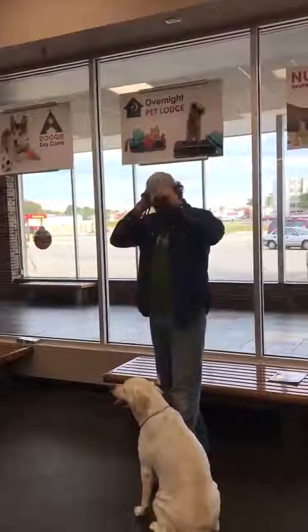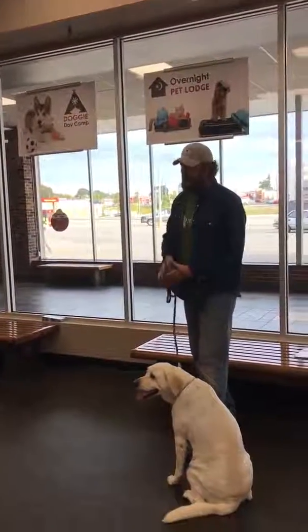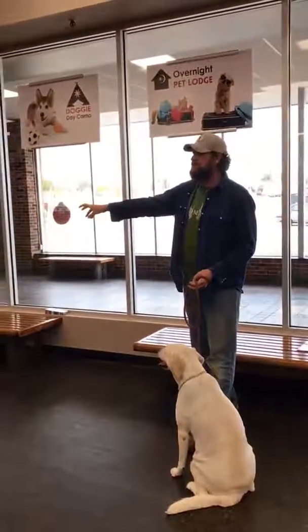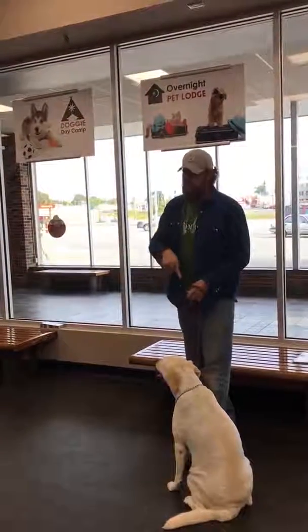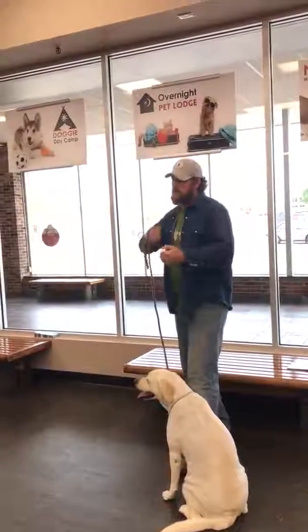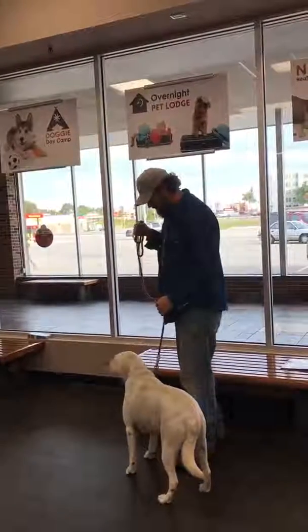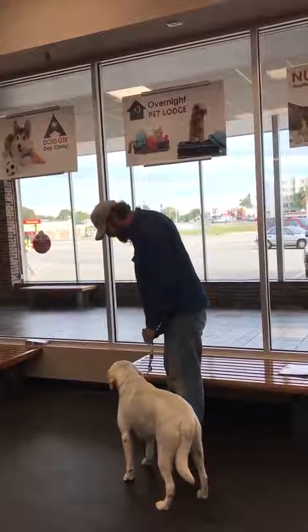So you saw how much I had to put on it. Let's just see how this shakes out. I did have to put a pretty strong correction on there. She yipped. Part of the nice part is this is the collar. If you use the collar correctly, it's quick on, off, on off, on off. Sit, sit,